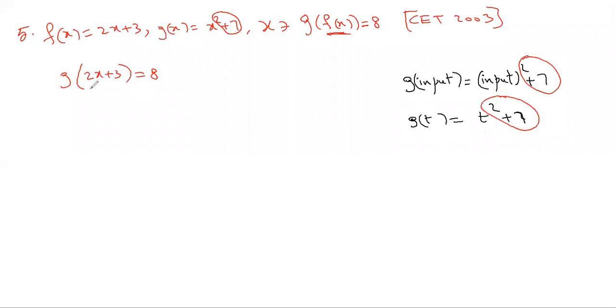G of something, g of input, this input square plus 7. To avoid the confusion, what I will suggest is don't write the input first. Just put a bracket for that input, whatever it is, and then write the unchanged ones, the constant ones. 2 is a constant, plus is a constant, 7 is a constant. Write them first. After that, go back and fill that bracket's empty space with the input, that is 2x plus 3. This problem is simple because x appears only once in the definition of g of x.